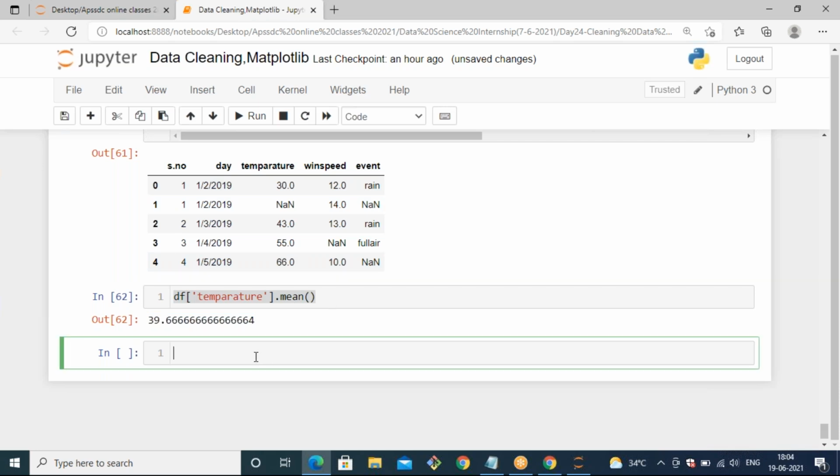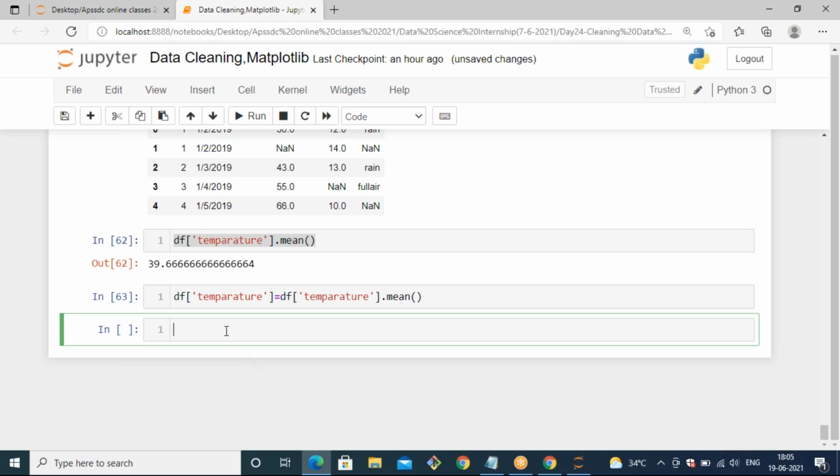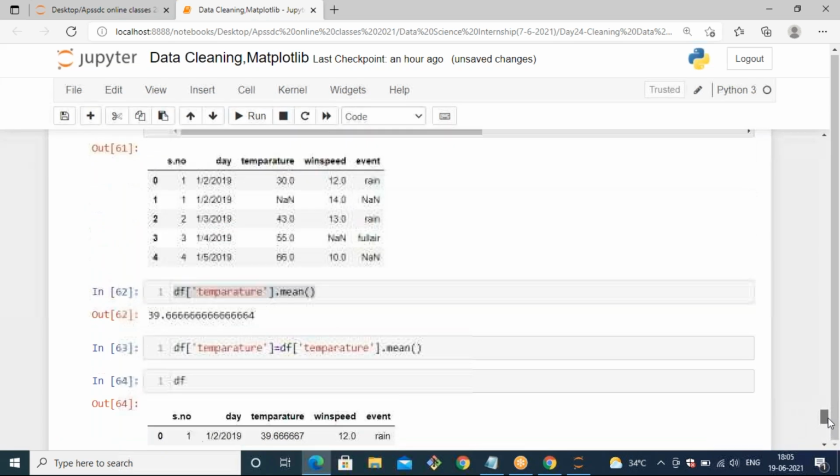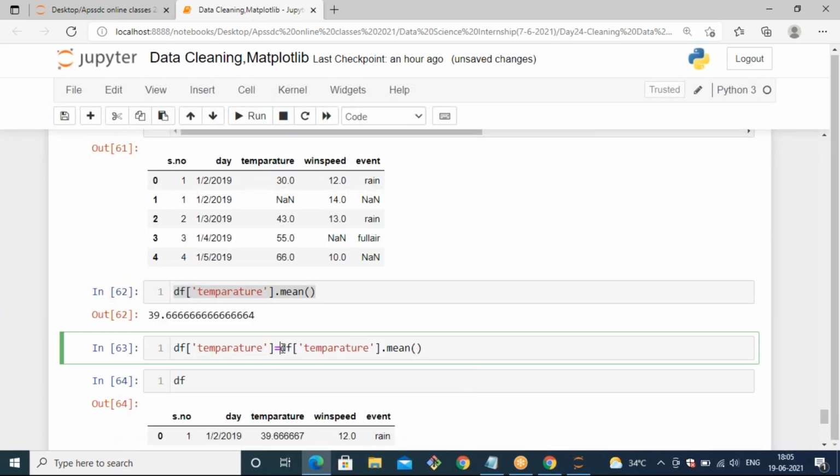In that case, you can apply df['temperature'] equals df['temperature'].mean(). Now if you see df, this should be applied to the entire main data frame, because I'm applying it to df here.